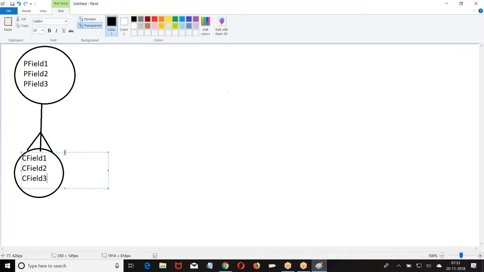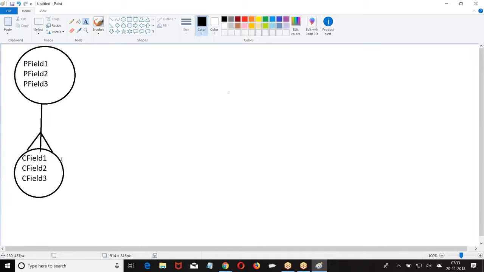Two objects are said to be connected only if there is a lookup relation or a master detail relation. Am I right?